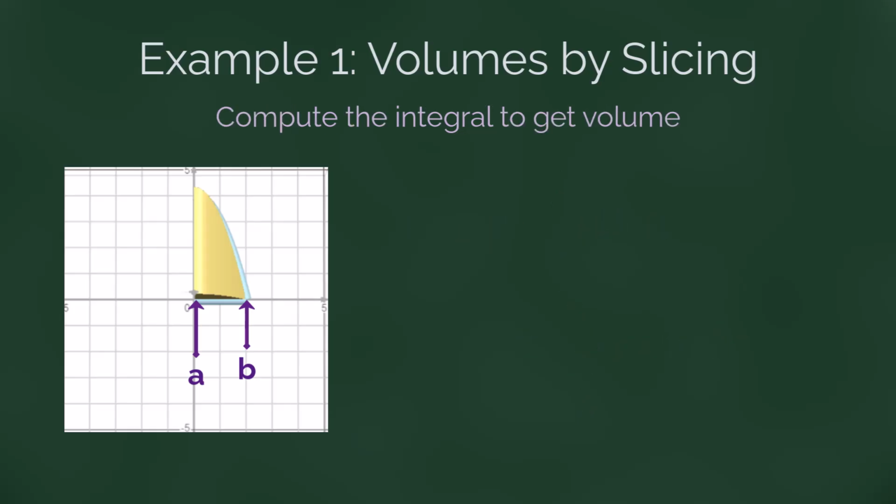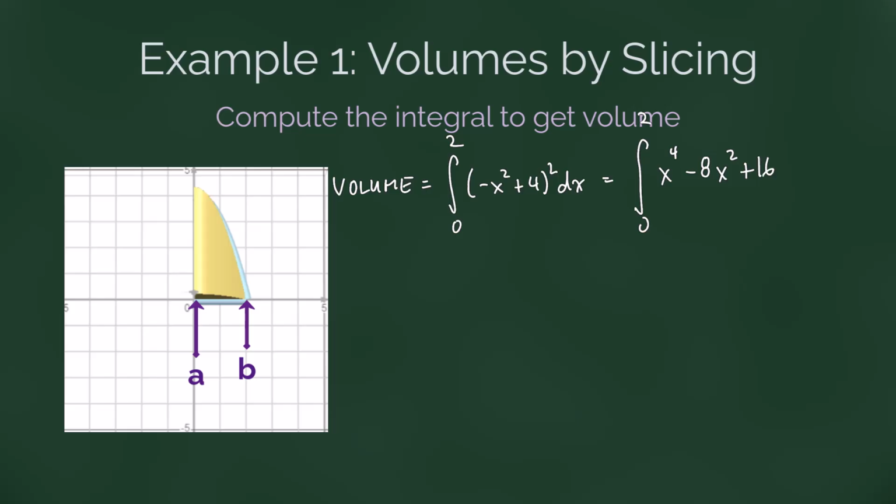The last step in our strategy is to compute the integral itself. We know that our volume integral is going to be the integral from 0 to 2 of negative x squared plus 4, all squared, dx. Expanding that out, we get the integral from 0 to 2 of x to the 4th minus 8x squared plus 16 dx. Taking antiderivatives, we get 1/5 x to the 5th minus 8/3 x cubed plus 16x, all evaluated from 0 to